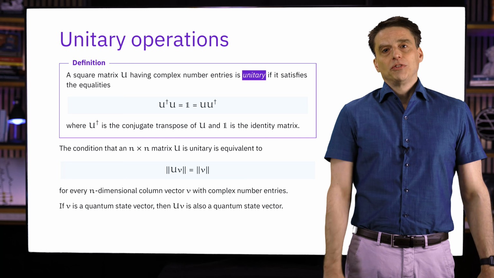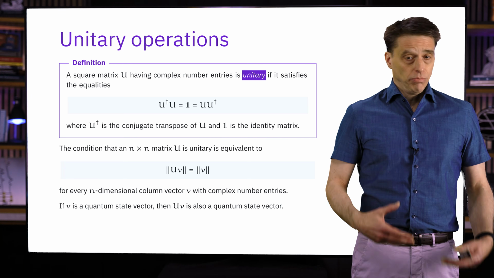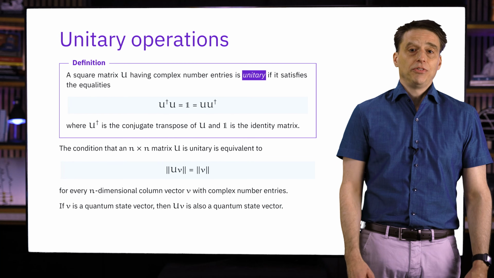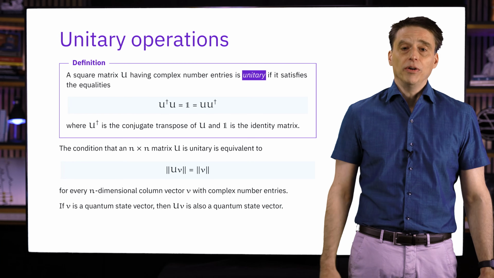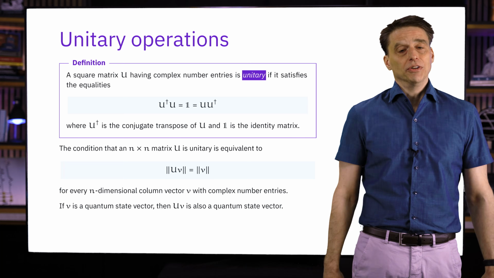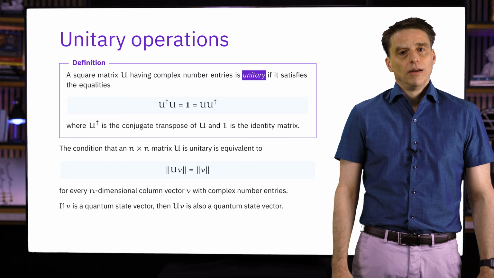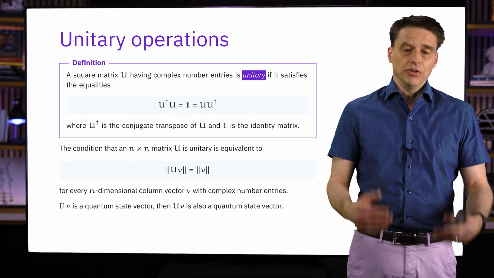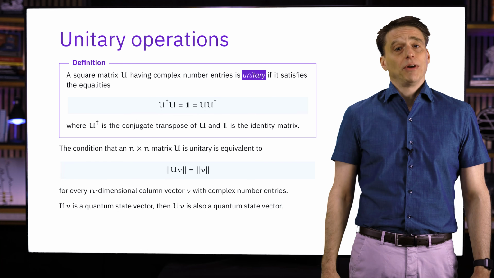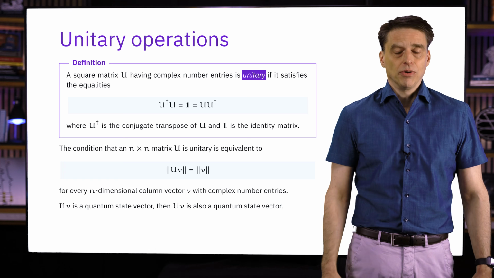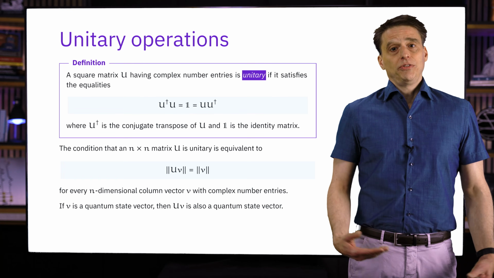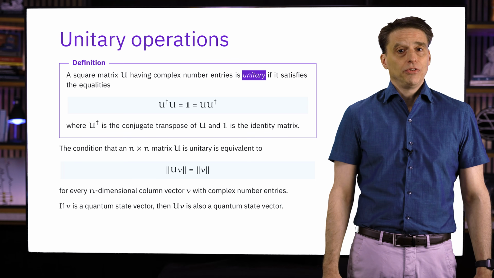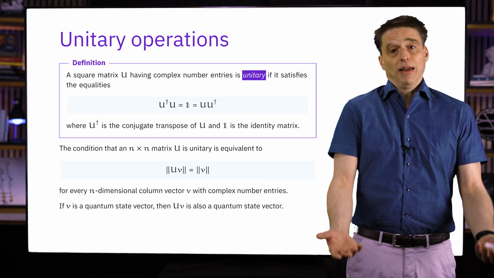That's a similar situation to what we have for stochastic matrices and probability vectors. The stochastic matrices are precisely the matrices that always transform probability vectors into probability vectors. So, once we've decided that operations should be represented by matrices, which is the same as saying that transformations act linearly on vectors representing states, these choices for the sets of allowable operations follow naturally, at least in a mathematical sense.